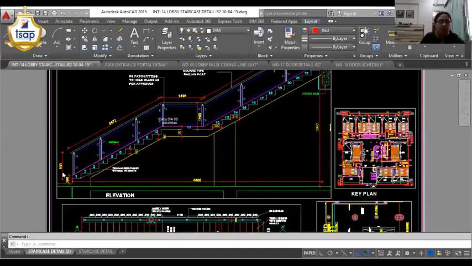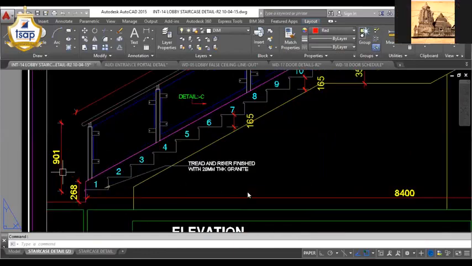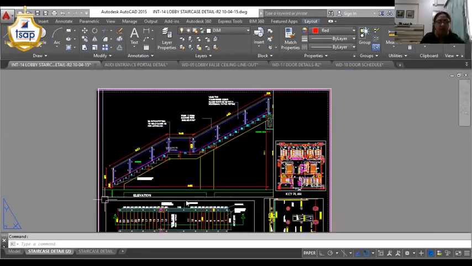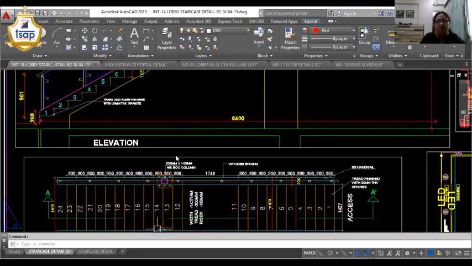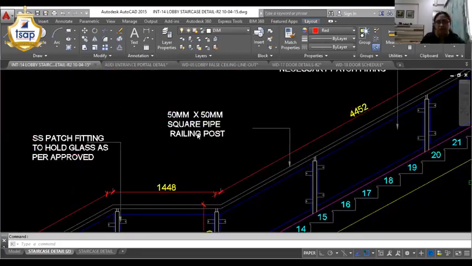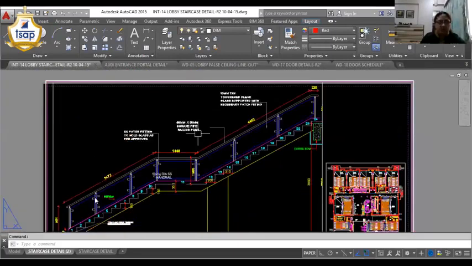Please go ahead. So this is a MS staircase. This was an MS staircase already constructed at site, and we had to clad it with wooden members, and we had to finish it with the railing. I will show you the finishing, how it is done and how the drawings are created.